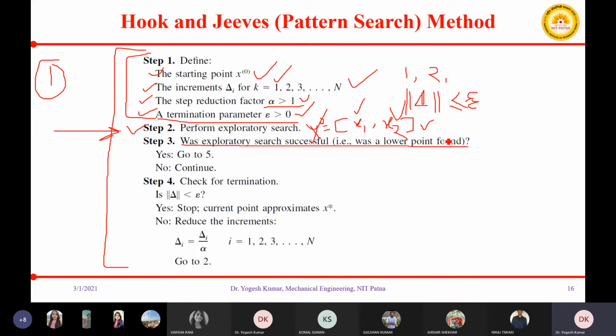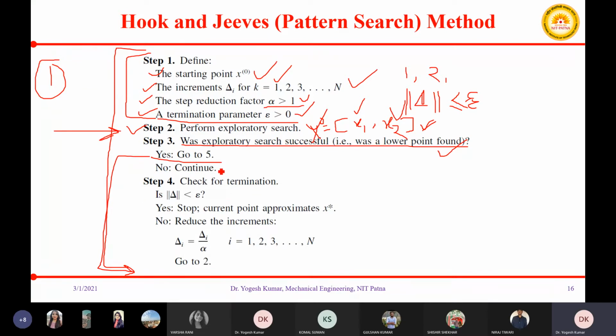You are checking, after performing the exploratory search, whether your exploratory search is successful or not. That is, you are able to find a lower point. If you are able to find a lower point, you will go directly to step number 5. We will check what is step number 5.